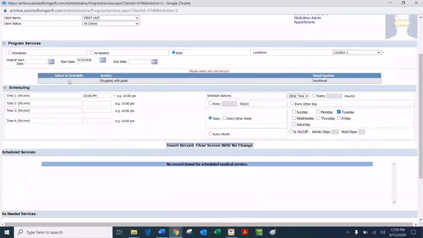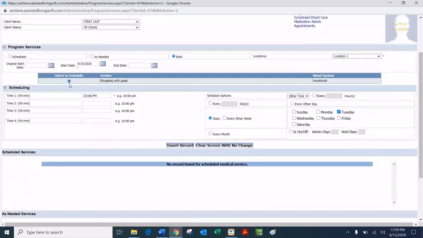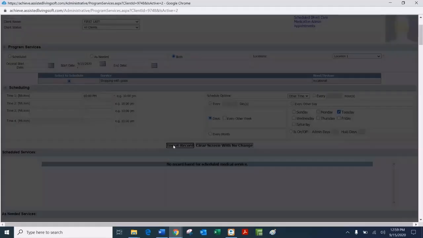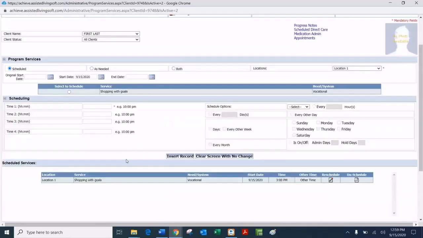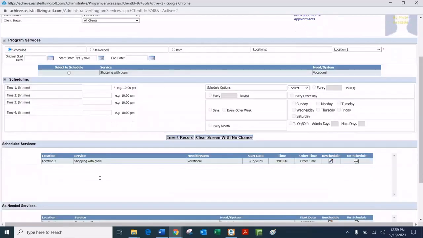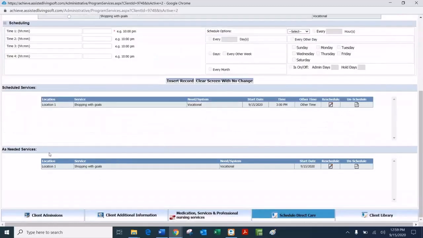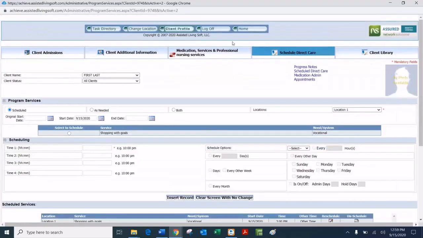Oh, I've got to select this one. That would help. Now I'm going to insert the record. Okay. So now it's showing as a scheduled service and as an as needed service. So it's in there twice. So what staff is going to see, the chart,